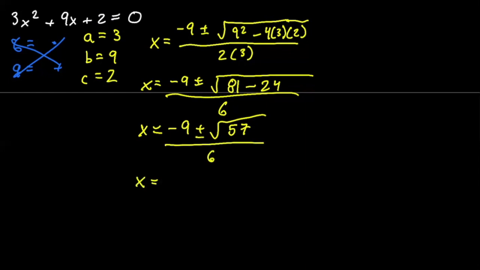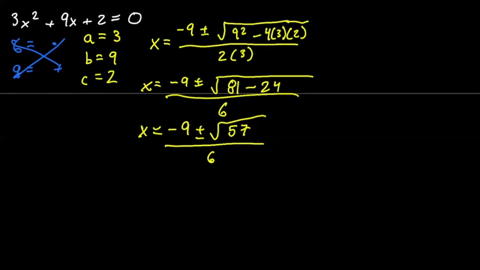Okay, and then for 57, I think 57 is not a perfect square. So in this class, we're not going to worry about simplifying our square root. We're just going to leave it square root of 57. And we can't really do any more simplifying. So we could split this up and make this term over here 9 divided by 6, so negative 3/2. We could also just leave it as one fraction. So this is our solution: negative 9 plus or minus the square root of 57